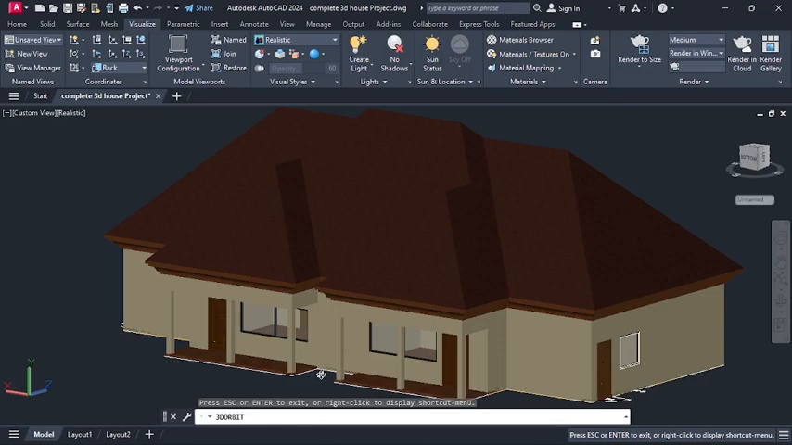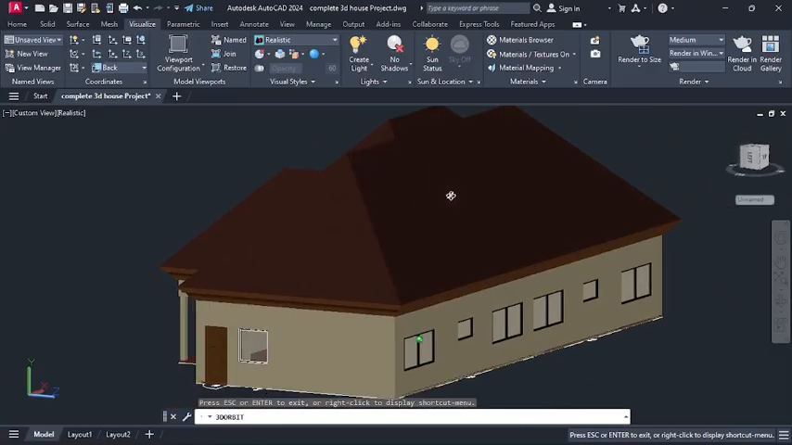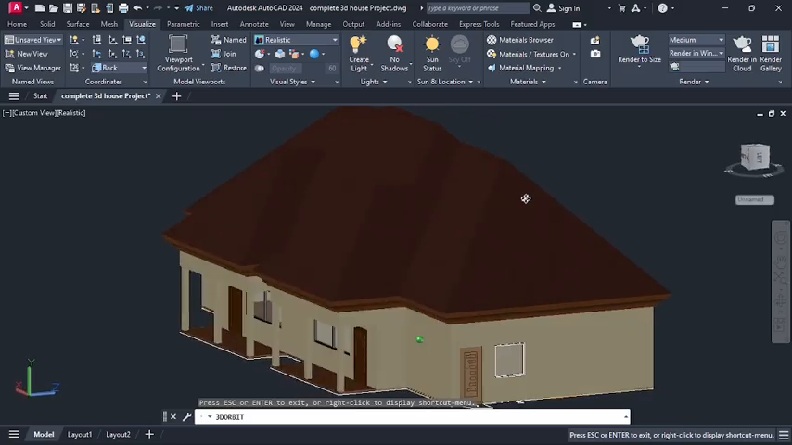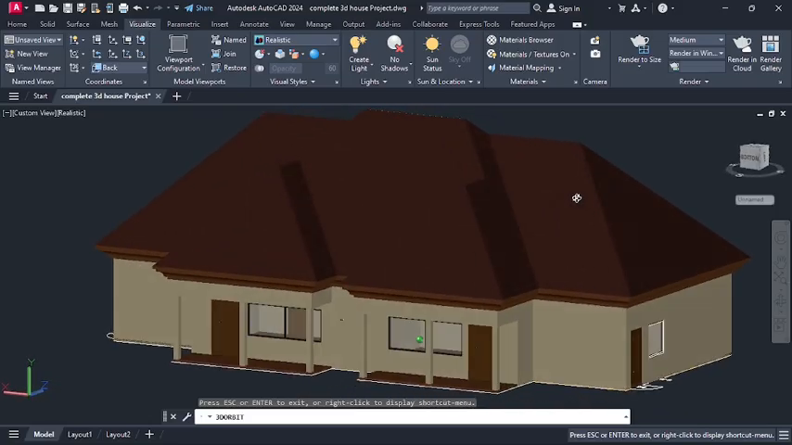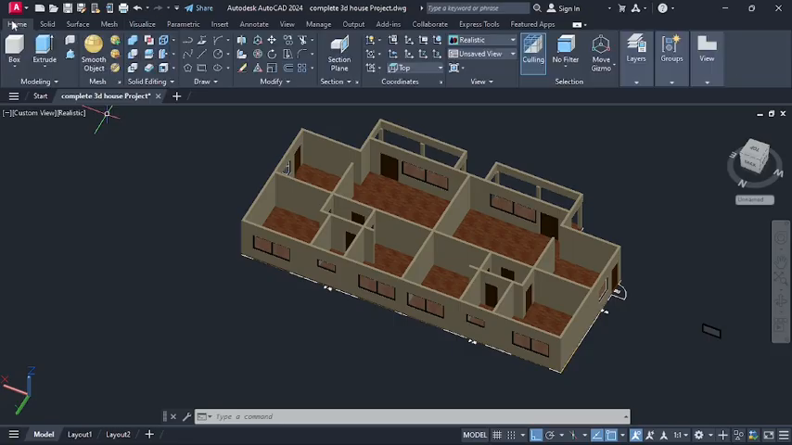Welcome guys, today we're going to be looking at how we can make this 3D roof on a 3D house. So we're going to be making this roof today. So let's get started. Alright, so in order to make our roof, we're going to go here on home and